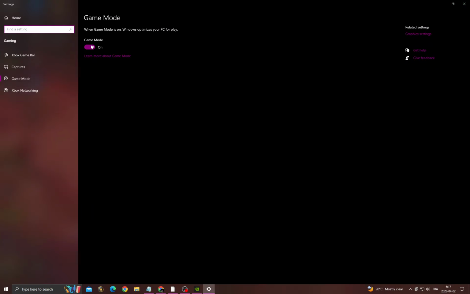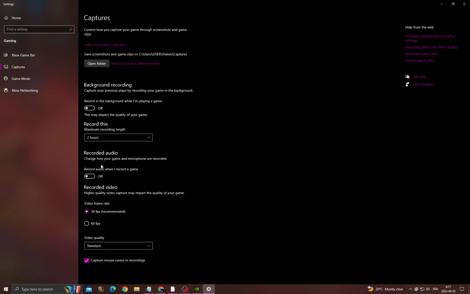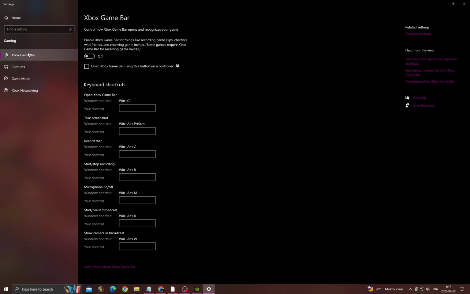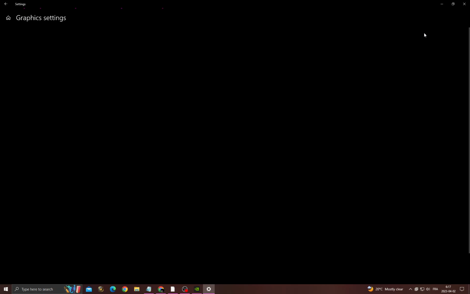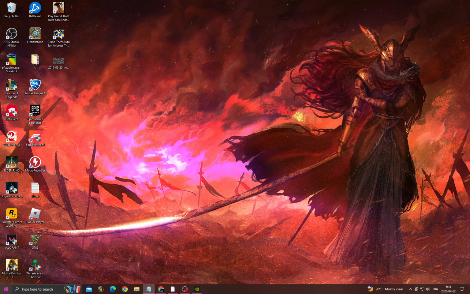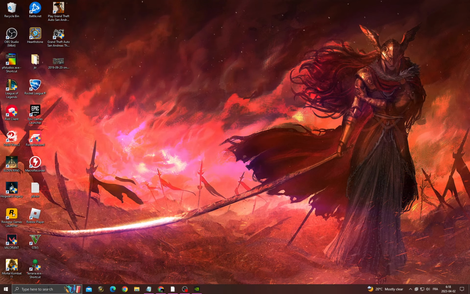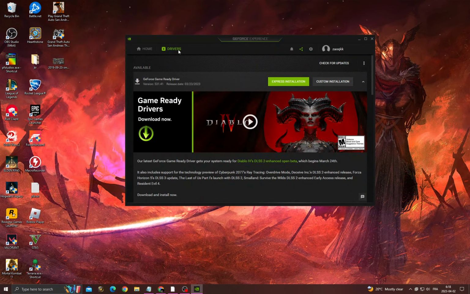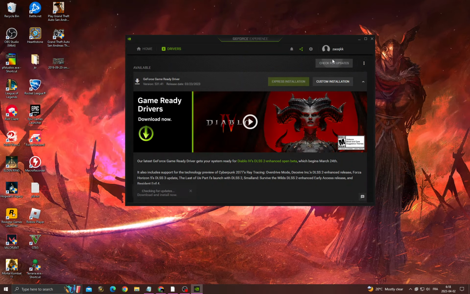settings, turn on this option, go to captures, turn off recorded audio and background recording, and then turn off this option in Xbox Game Bar, turn it off, and then go to graphics settings, make sure it's on, and then restart your PC. And after starting your PC, open GeForce Experience, go to drivers, check for updates, install the